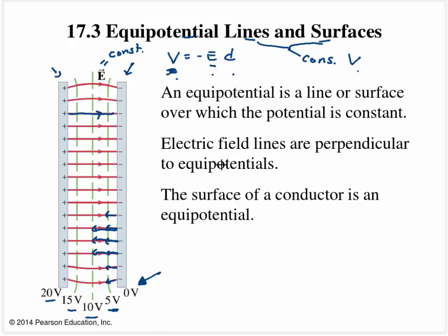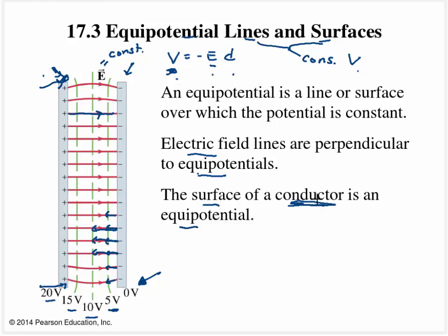Turns out that these lines of equipotential are going to be perpendicular to the lines of electric field, or you can say it vice versa. Electric fields are going to be perpendicular to lines of equipotential. And also the surface of any conductor must be at an equipotential. What that means is if I put some charge, have some voltage anywhere on this plate, it's going to spread all out, and the potential down here must be equal to the potential up there,